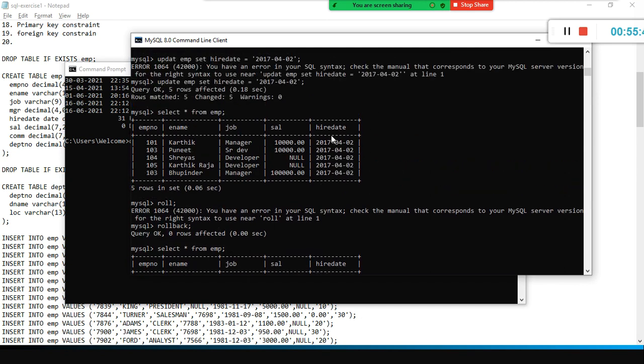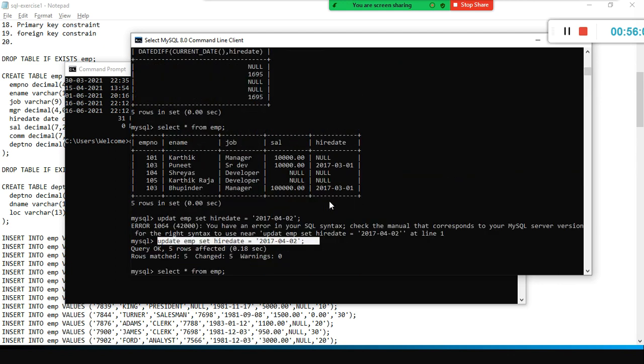So what problem happened here? Can someone tell me? It's a very, very serious issue. Can someone tell me what mistake I made here? But I did it intentionally. Look at the data and tell me what is happening here. All the employees' hire date got changed to this one. What was the hire date? So this guy's hire date, we don't know.